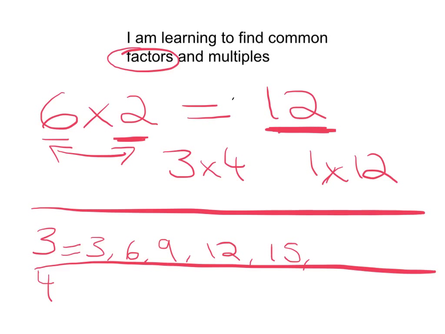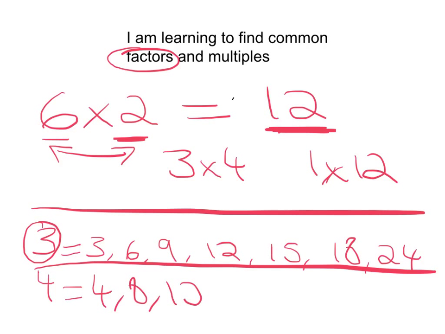It's kind of like skip counting, but a multiple is where you take this number and multiply it by another factor. Whatever that product, or the answer, is a multiple. We could keep going right up if we wanted to. Same with 4. 4 times 1 is 4, 8, 12, 16,